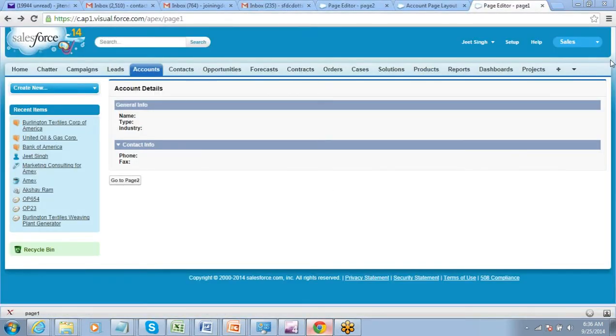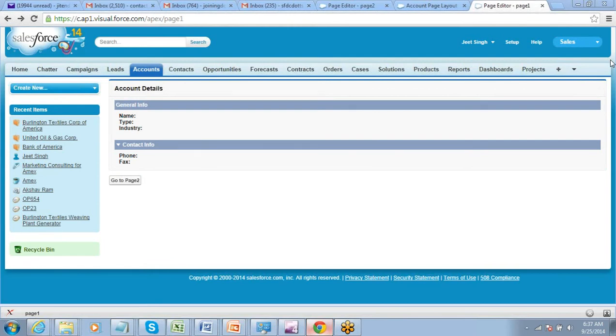So these are the 4 different ways of doing the same thing. I mean, using the Visualforce page in different ways, pointing towards a Visualforce page from different ways. Depends on you, what kind of requirement you have, how your users will come to that Visualforce page. So depending on that, you will decide which is the right thing for you.